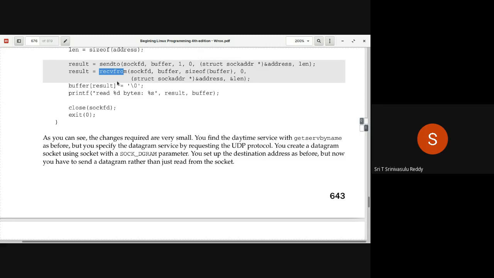So that means when you want to send a packet to a server or the other side of the machine, because it is a client-server program, when the client wants to send something to the server, you use sendto. In the sendto, naturally, you have to give not only the data that you want to send, but also the server address, the address of the other side of the machine.